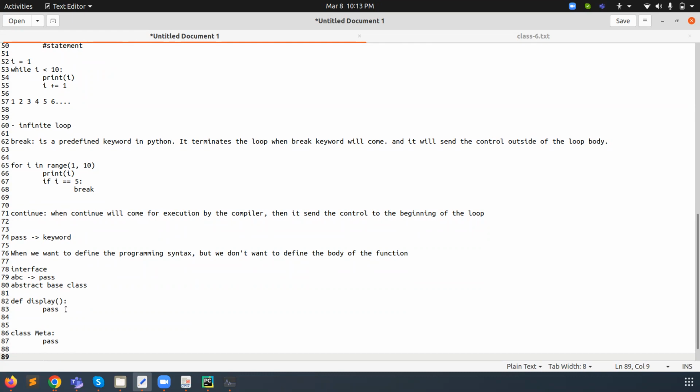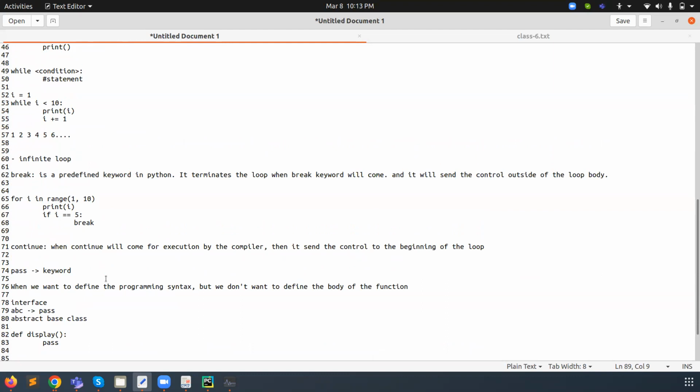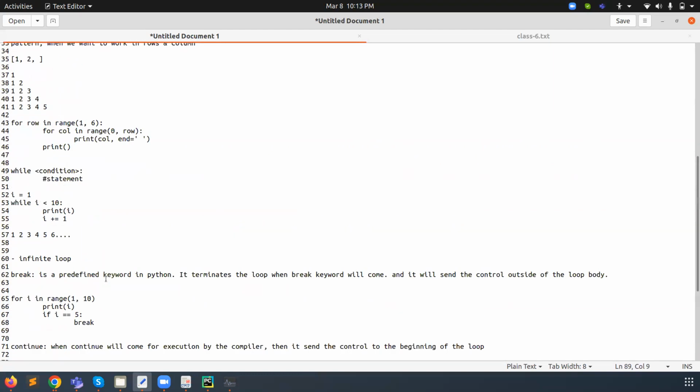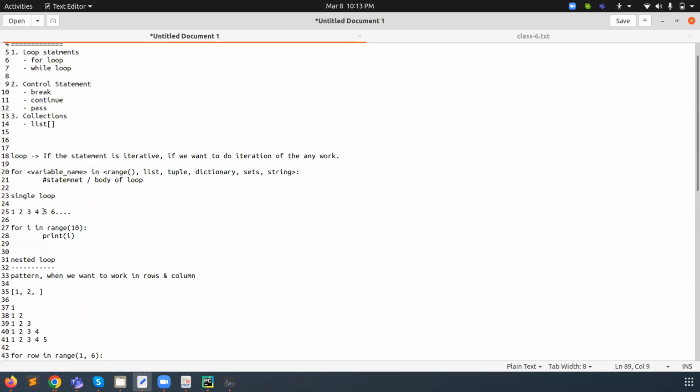So when we want to give the syntax of a function or a class but don't want to define its body, at that time we use the pass keyword. Later when we do the abstract base class, we can understand easily what the use of pass is. And when we cover classes and inheritance, I will also explain with programs, so it will be easy for you to understand.